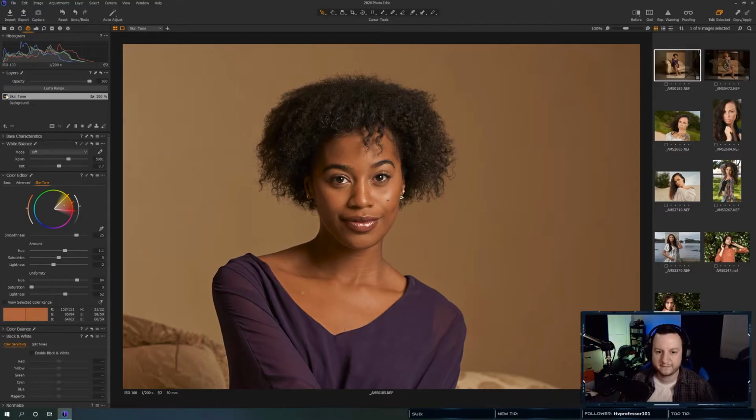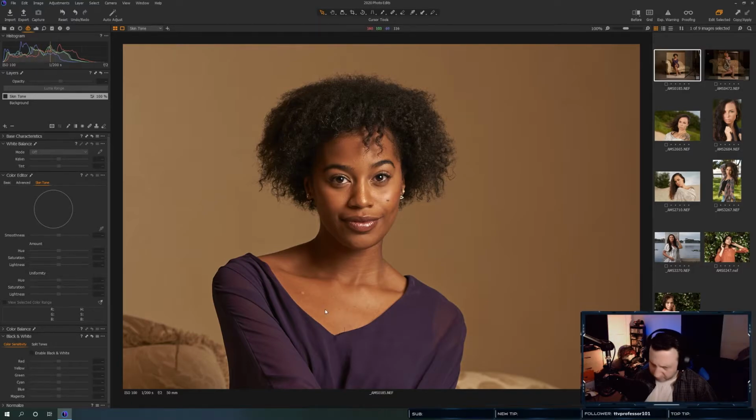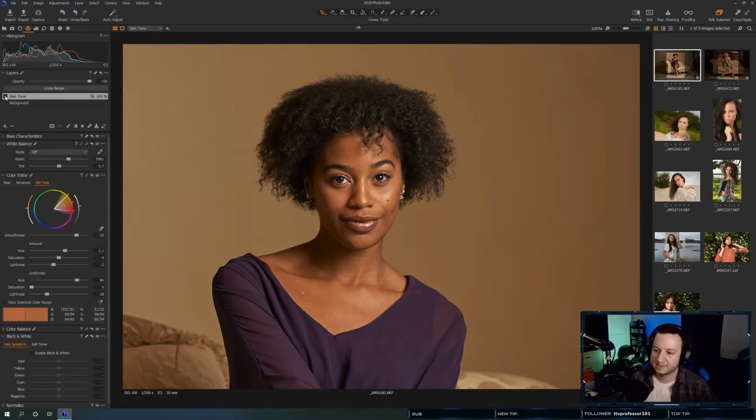So if we can look at a before and after of this. So this is the before and this is the after. And that's a little too much in the lightness department. Remove too much of that contrast. A little bit more. Okay. So basically what this did, which is really cool, this is the original photo. Some of her skin here is kind of yellow. Then she has a little bit of red right here. A little bit darker areas up here are red. And while that's not bad, I don't necessarily like it. So what this does is now her skin is a nice even tone, and it matches her face with her body.